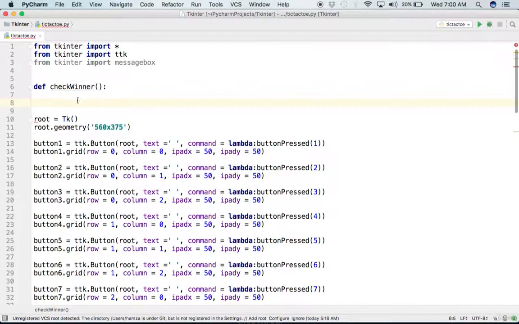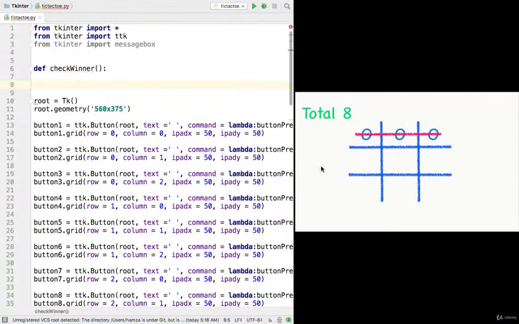The first combination which we can have is the first row, as you can see in the image. In the first row we have 3 buttons: button 1, the first button, button 2 in the middle, and button 3 at the end. So what condition will I have here? Let's see. If button 1, I have to check for the text of the button, so I will write like this. Text is double equals to, first of all we can check for the player O, so I will say O